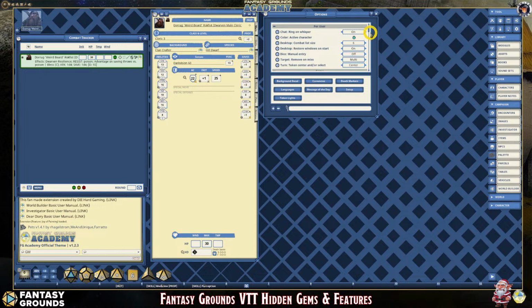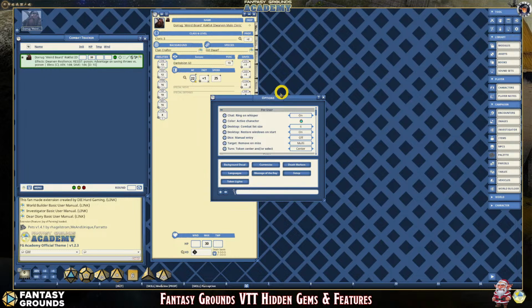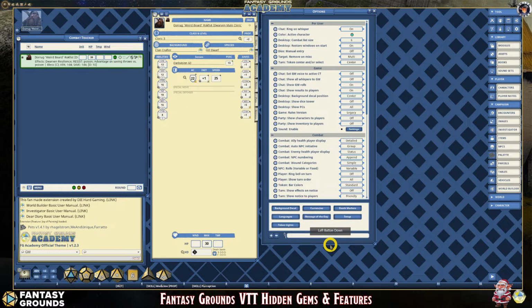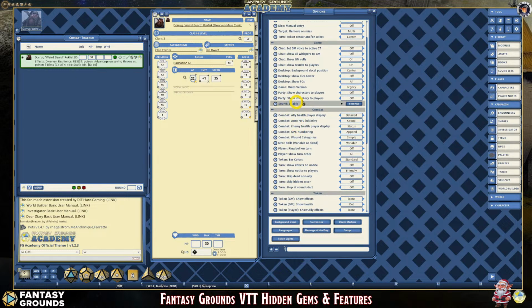Let's see. There are some other really cool things that I wanted to show you. So options for the rule set are kind of rule set dependent, depending on which game you're running, like Pathfinder, or Starfinder, or whatever. So these change a little bit, but there are some things that might be universal to Fantasy Grounds. So the desktop show dice tower, that's fairly universal. You turn that on, you have a dice tower option, and you can right click on it and move it. So I'm going to move it where I want it to be,